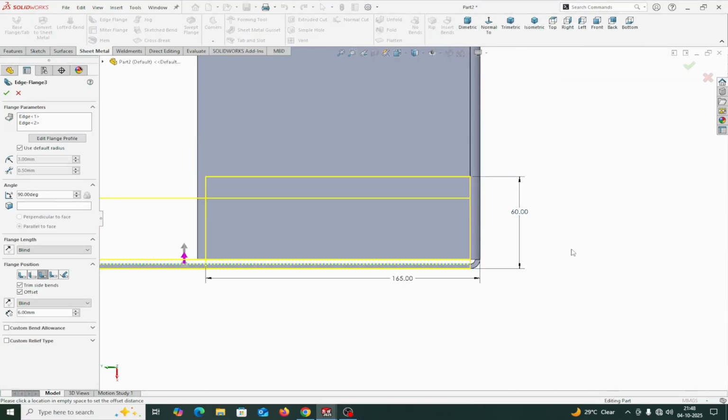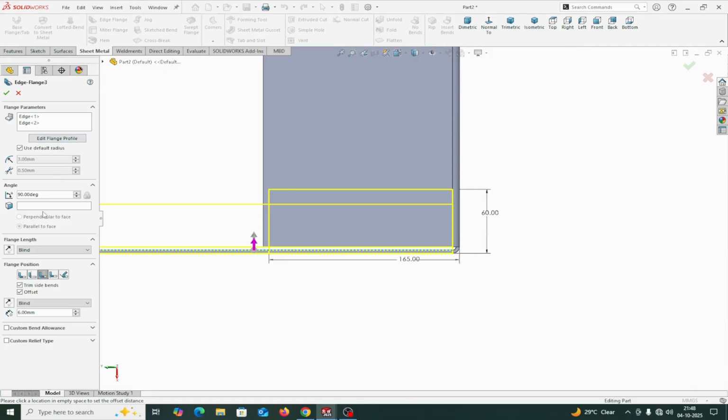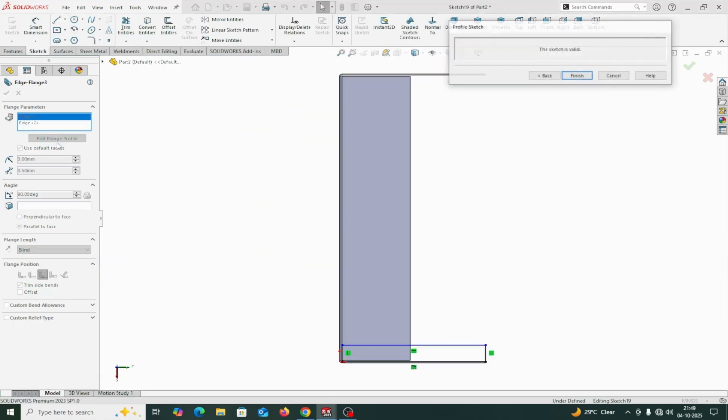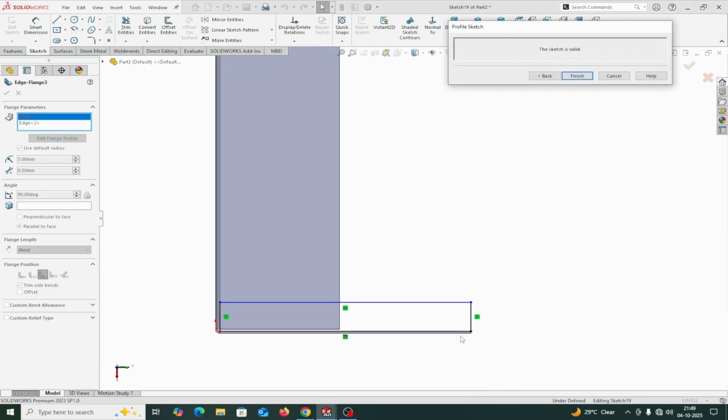Now this, 165 mm. Blind position, but there will be no offset. Okay, uncheck it. And another flange 165. This one. This is another flange. Height will be